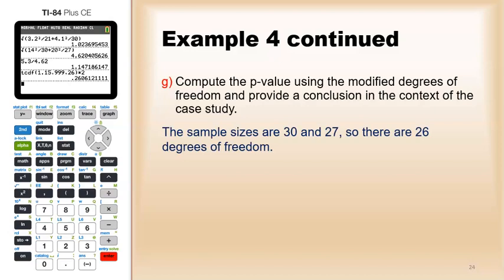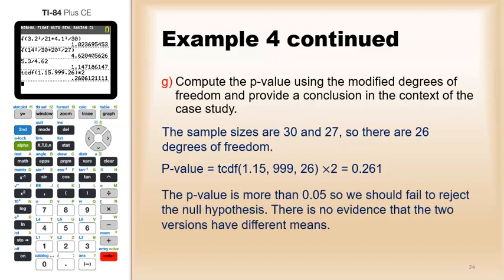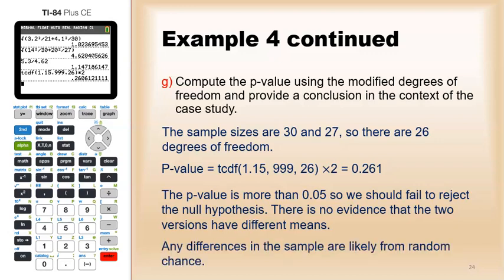So, again, sample sizes are 30 and 27, so there are 26 degrees of freedom. The p-value is a tcdf of the test statistic to 999 with 26 degrees of freedom, times 2. I get about 0.261. The p-value is more than 0.05, so we should fail to reject the null hypothesis. There is no evidence that the two versions have different means. So any differences in the sample are just likely to be